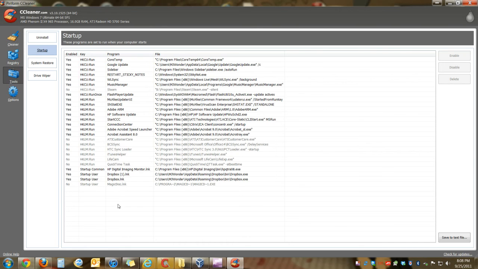Of course, it gives you a yes or no option, if you want to turn this program on or off at startup. In my case, or in some people's cases, I don't need iTunes starting up. I don't need my LifeCam or my QuickTime. Now, software updates, I'll leave that on because I do need software updated frequently in some cases. But the rest, like